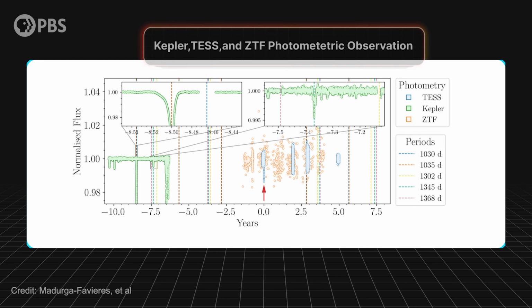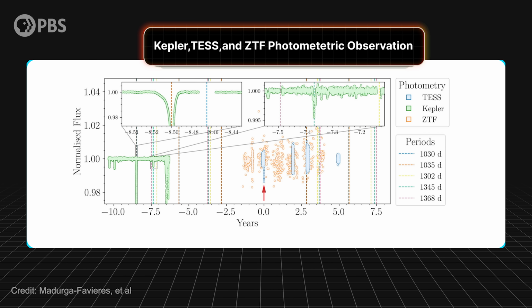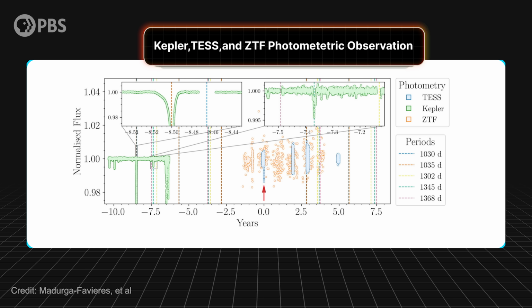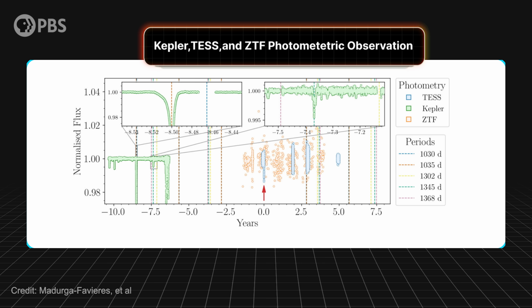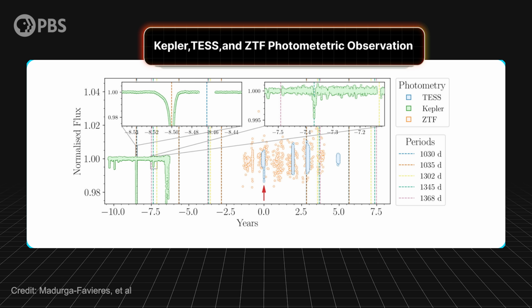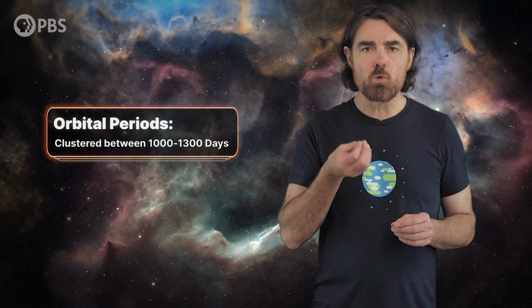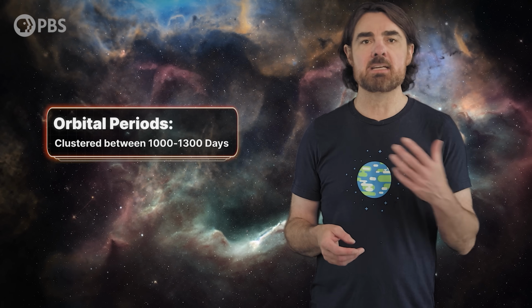But not content with waiting potentially years to see if the dip repeats, the team looked backwards in time at old data from Kepler, TESS, and a suite of other monitoring programs for signs of past dips. They found none consistent with the planet, but because of that, they were able to rule out many possible orbits. In fact, they were left with a few orbital periods clustered between 1,000 and 1,300 days as being consistent with